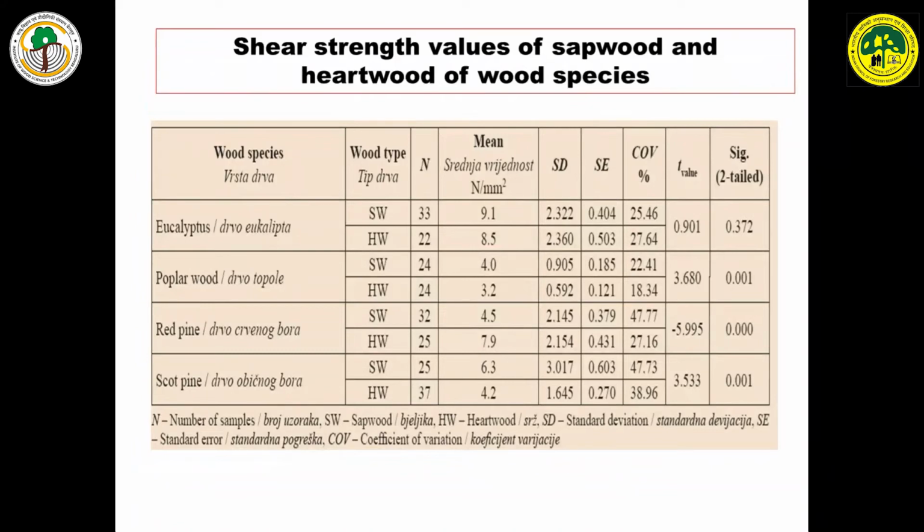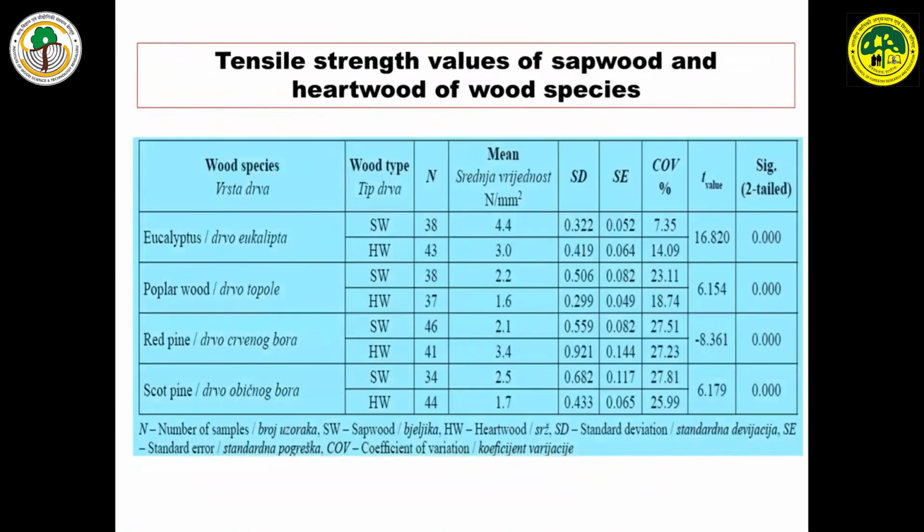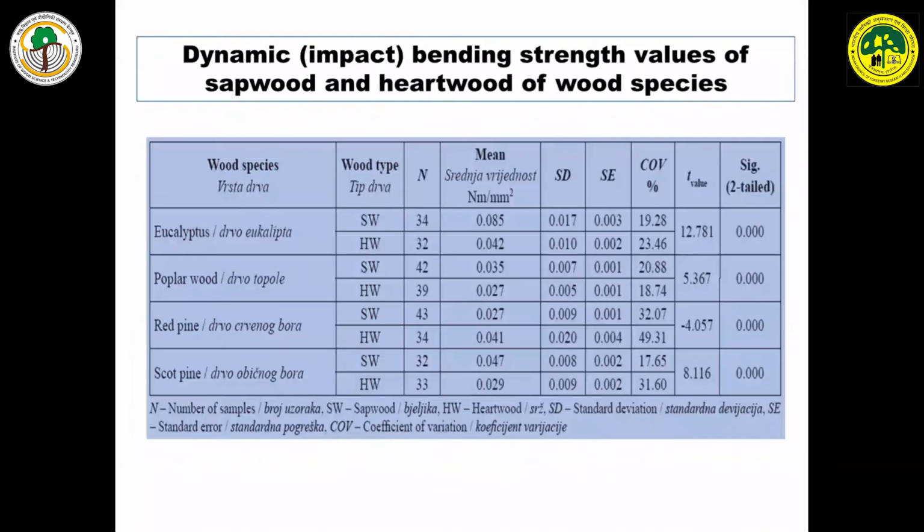Most of the cases, the properties are better for the hardwood. And these are the tensile strength values. These are the mechanical properties which are generally required for determining the end use of wood. These are the dynamic impact bending strength values for the sapwood and hardwood. We can see there is a significant difference between these two types of